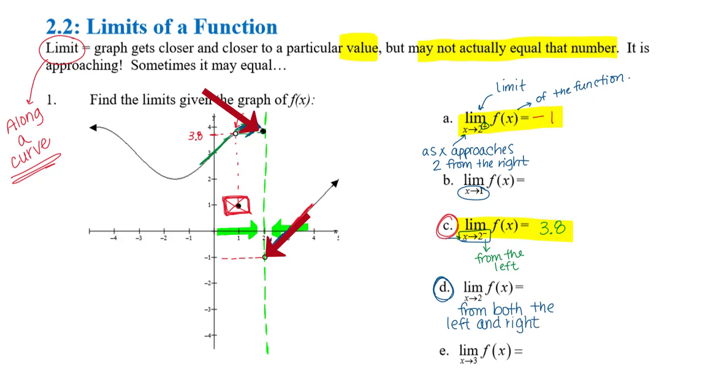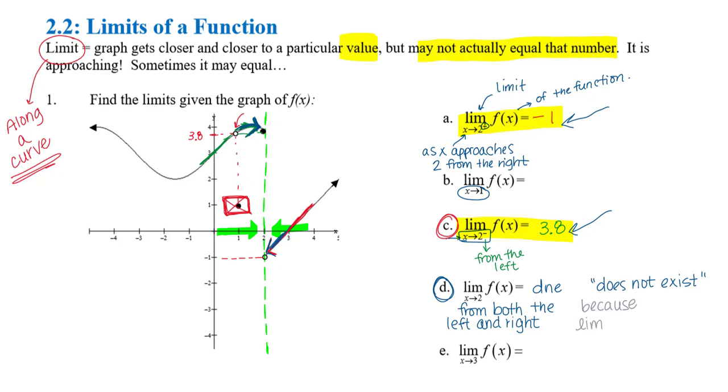And since the left gives me 3.8 and the right gives me -1, which one would I say? Well, I would say neither. I would say DNE, which stands for does not exist. What's important to note is that DNE cannot just be one of those default answers of, gosh, I don't know really, so I'll just say DNE. We have to explain why. So I'm going to also say because